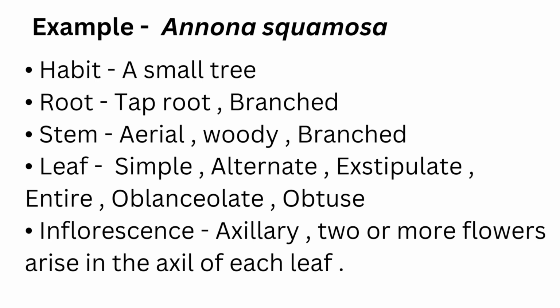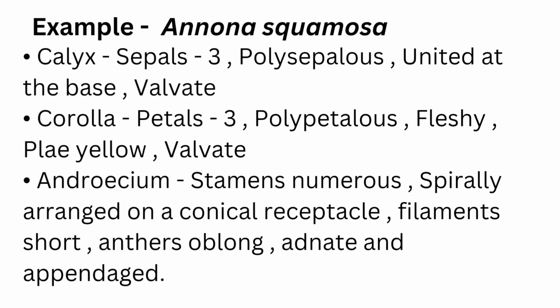Inflorescence: axillary, 2 or more flowers arise in the axil of each leaf. Calyx: sepals 3, polysepalous, united at the base, valvate. Corolla: petals 3, polypetalous, fleshy, pale yellow, valvate. Androecium: stamens numerous, spirally arranged on a conical receptacle, filaments short, anthers